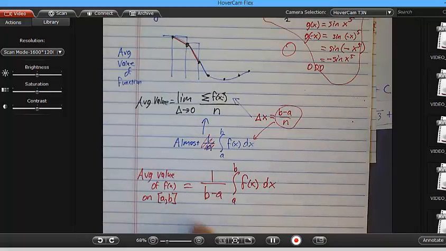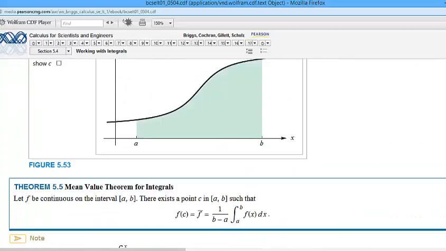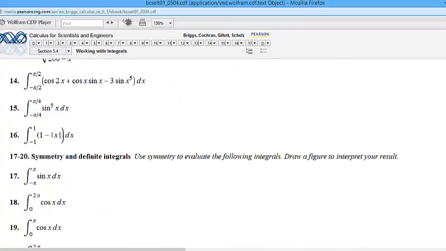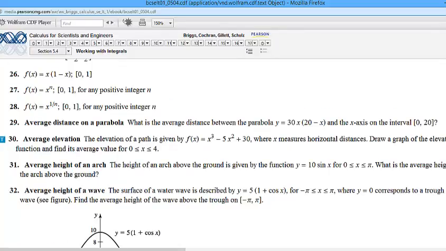Okay? So let's try it for our problem. What number are we doing? We're doing, oh, I lost it. Where was that problem? That's a good problem. Number 30? 30. Draw the graph of the function. Find the average value. Okay. So the average value for 30,